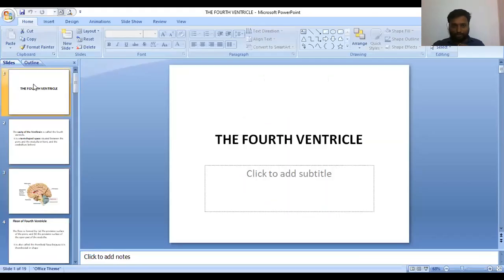Dear students, today we are going to discuss the fourth ventricle. So before going to the fourth ventricle, first we should know what is meant by ventricle. Ventricles are the spaces seen inside the